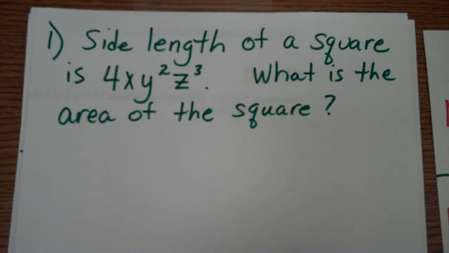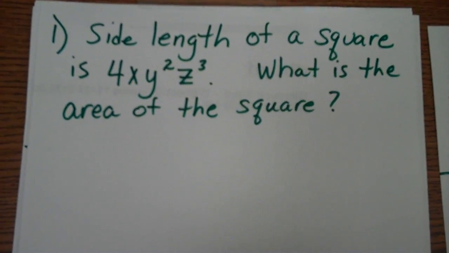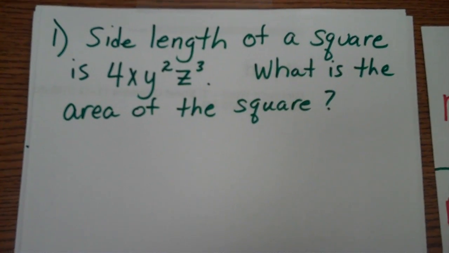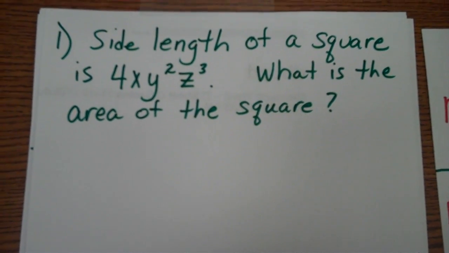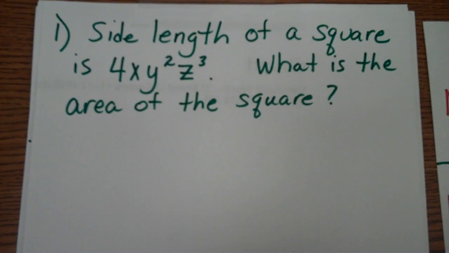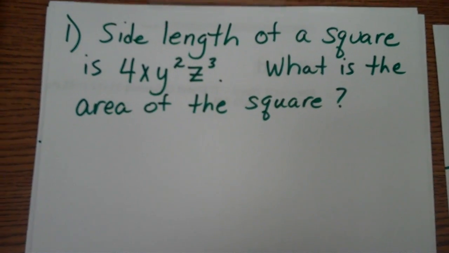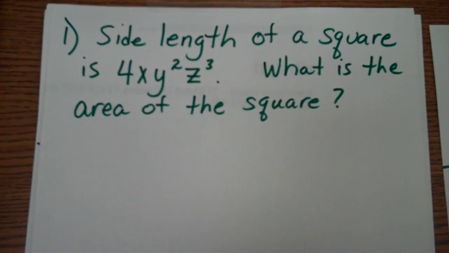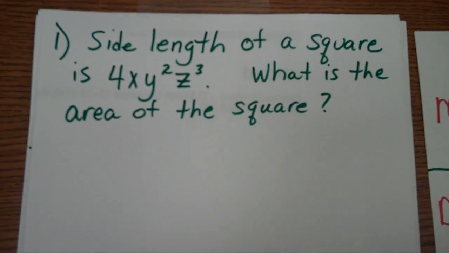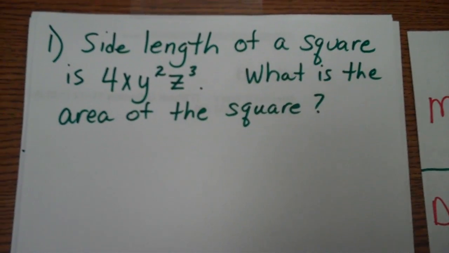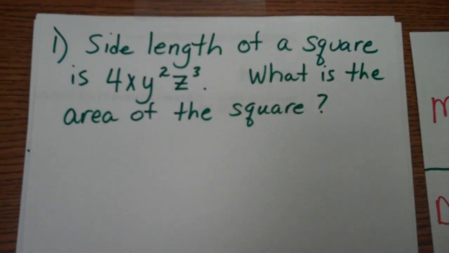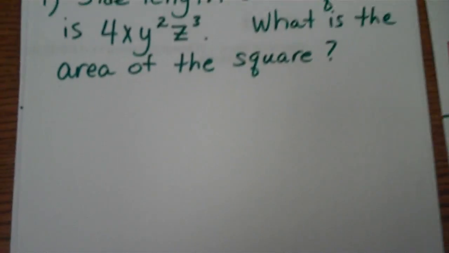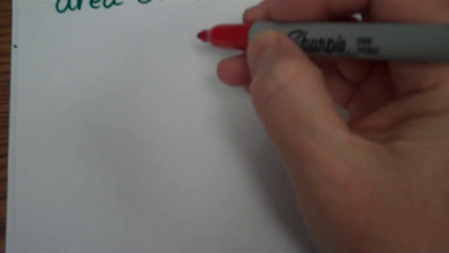Okay, the first problem on the review for cluster 6 is giving you the side length of a square, which is 4x y squared z cubed. What it's asking for is the area of the square. So the first thing that we need to do is go ahead and draw the picture of what we have. Since it's asking for a square,